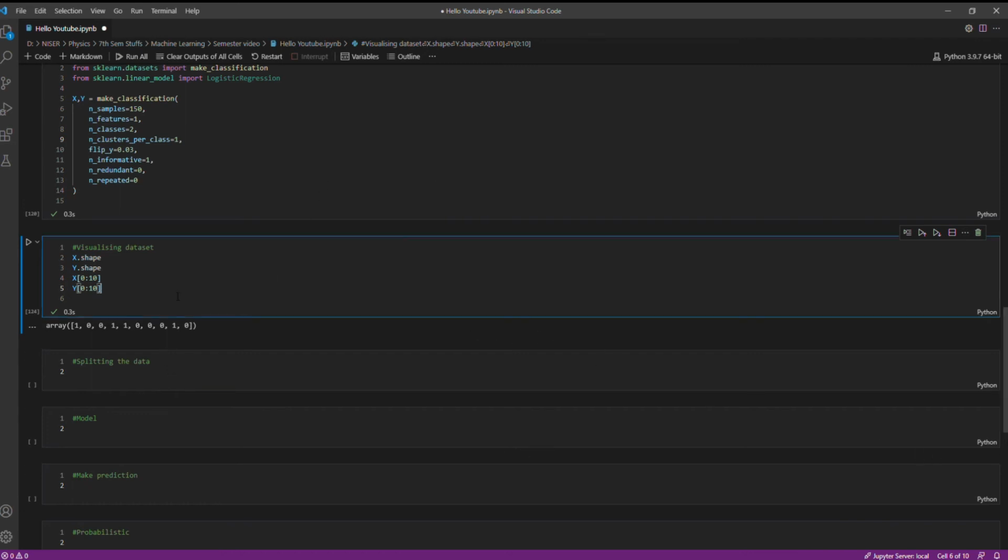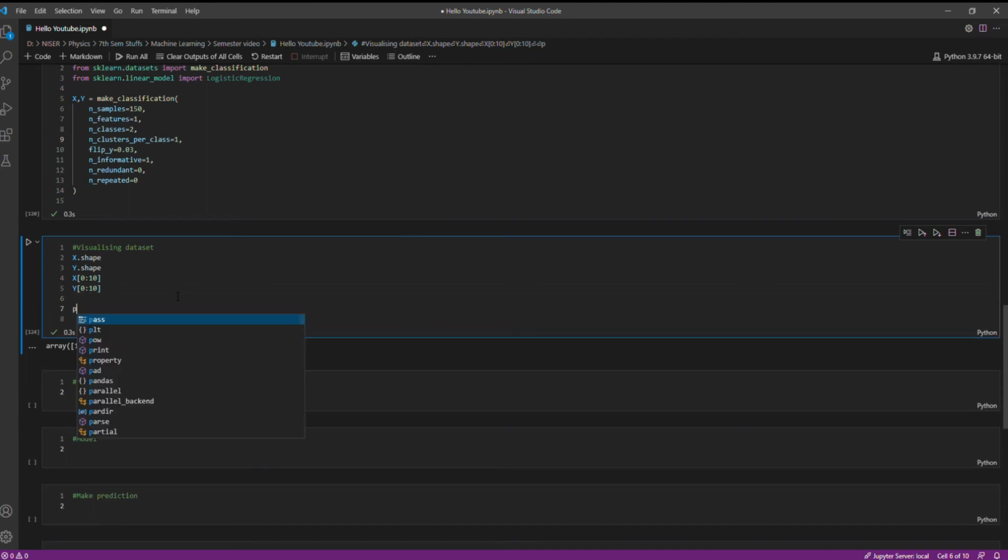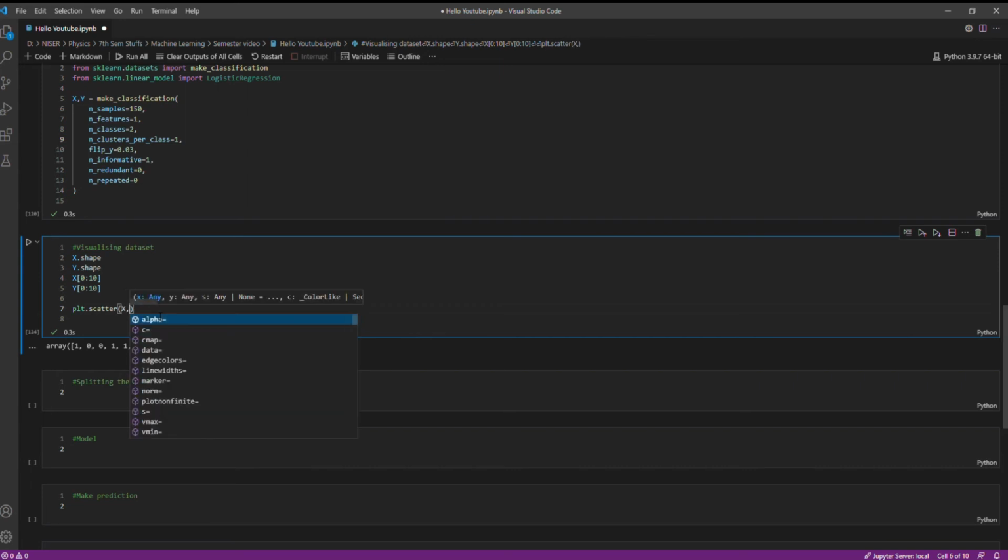So let me actually plot it to make it more visual. This should be a scatter plot, x, y.